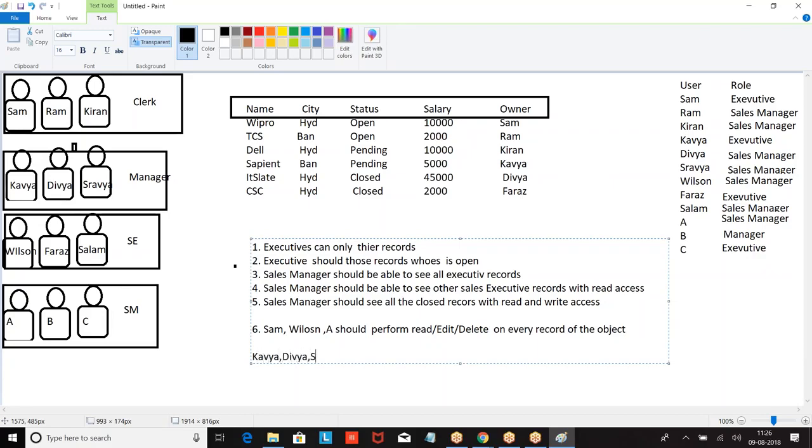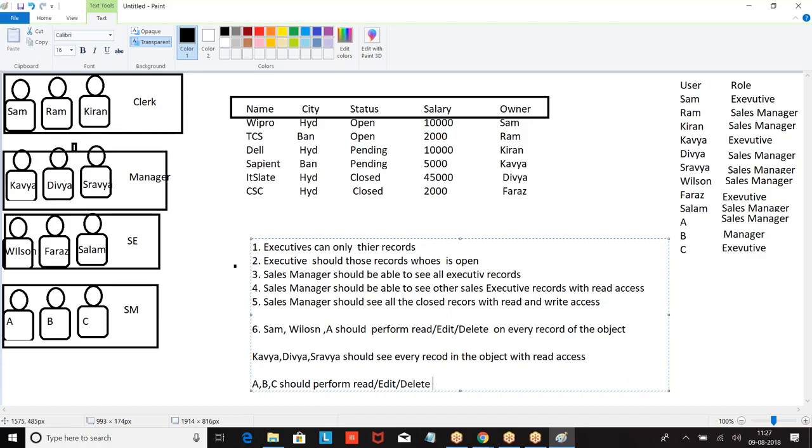Kavya, Vidya should see every record. ABC should perform read, edit, delete on every record of the database.